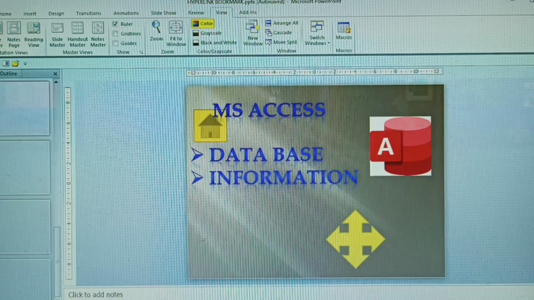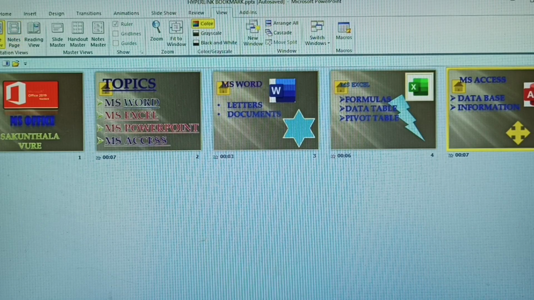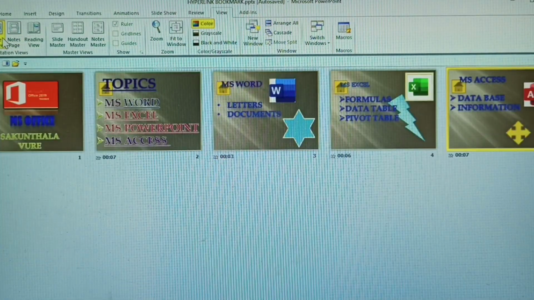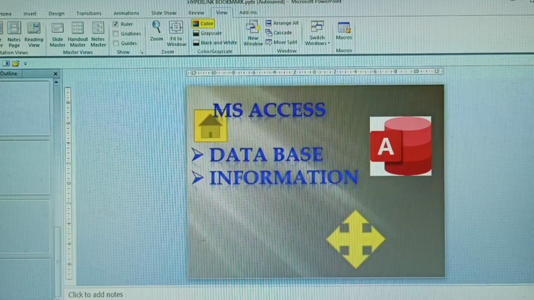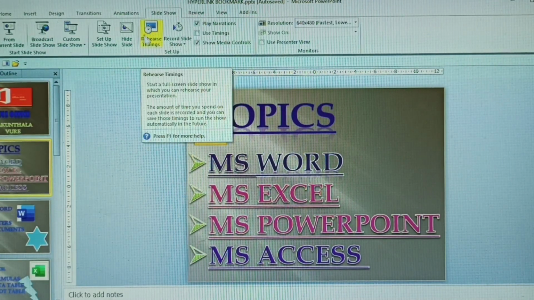There is normal view and there is slide sorter. Okay, this is normal, this is slide sorter. Both are used here. This is called reference time. Reference time is displayed in the slideshow. Once you give the reference time, the slides will be automatically displayed in your slideshow.